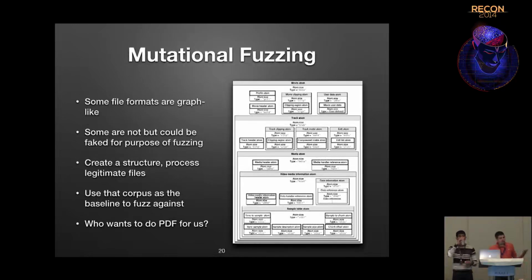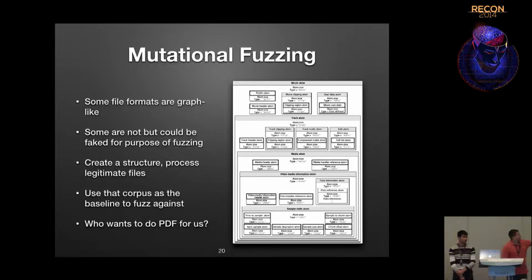And so, a lot of file formats are graph-like, or you can kind of make them graph-like. Like an HTML file, you have HTML as the root node. You have head and body just as children. They can have other children. And some aren't, but then you can just have them as a straight line if you want to do something like that. So then you can build something to parse these file formats, load them into a database, and then use that corpus to fuzz against. Like up here we have the MP4